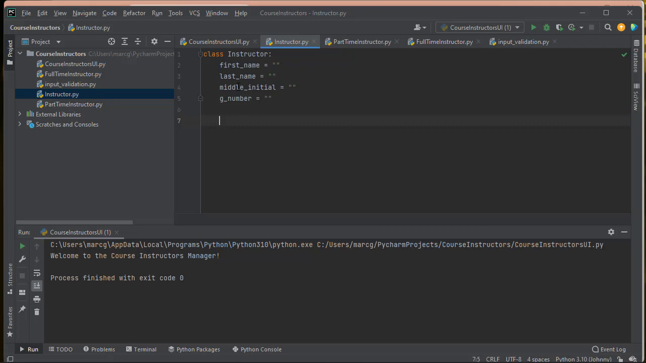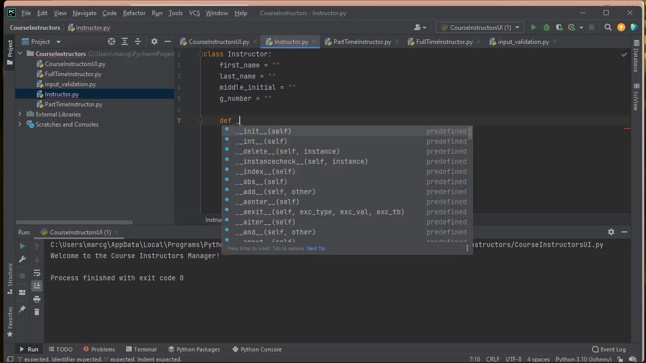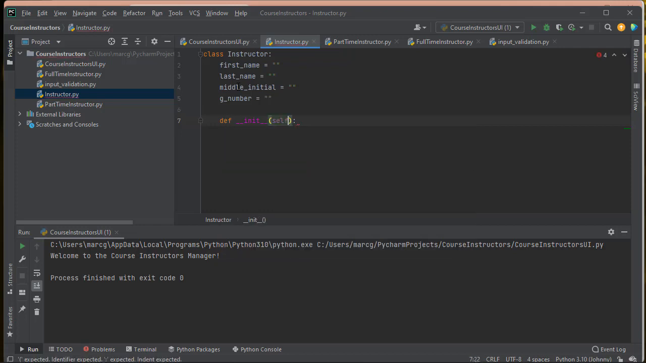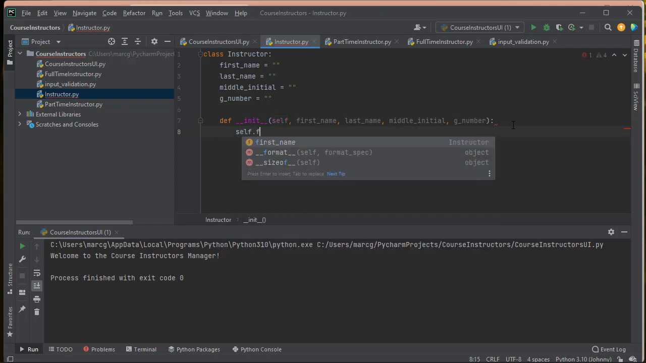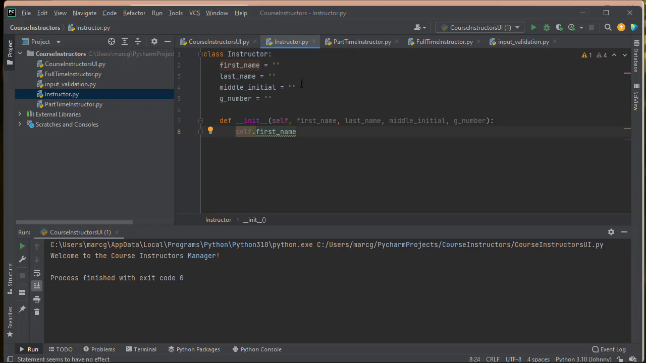And then for the constructor for a new instructor, I'm going to want to specify all those values. So we'll define a constructor, and then I'm going to include all of these things here. So we have first name, last name, middle initial, and G number. And then self dot first name. And actually what I should do here is